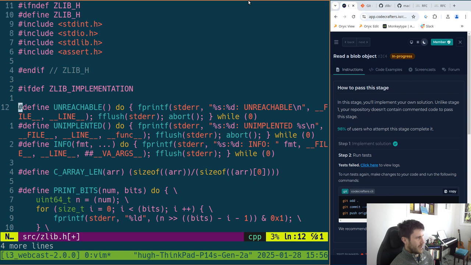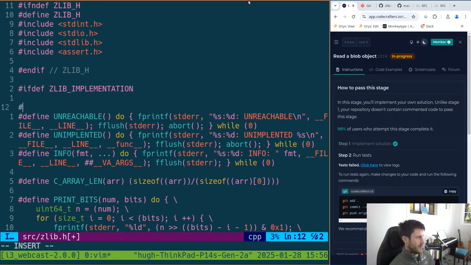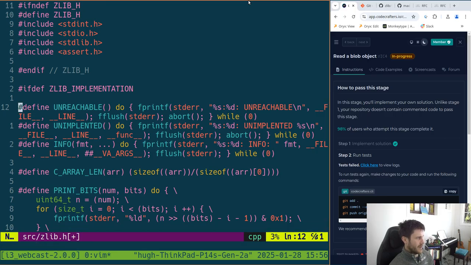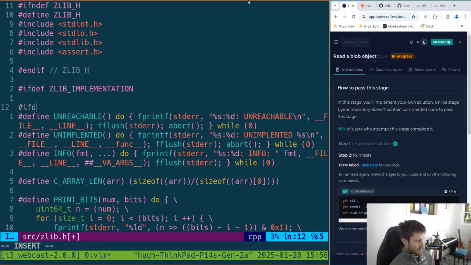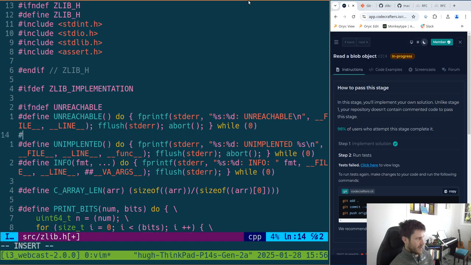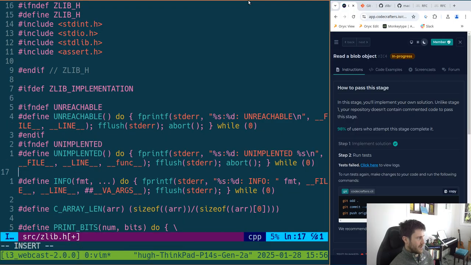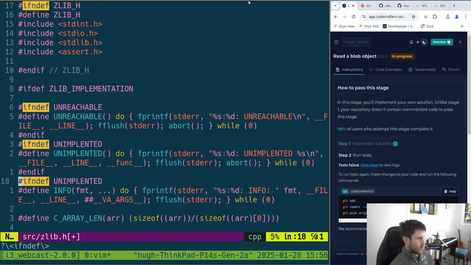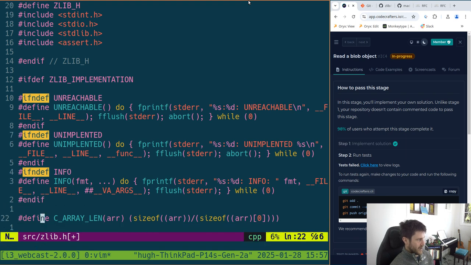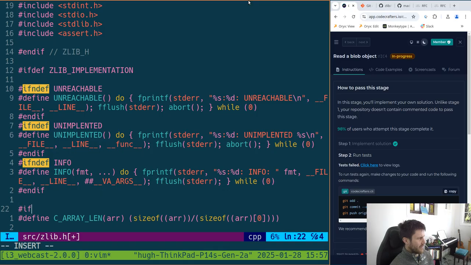Here we can maybe, I don't know, there could be overloading of unreachable, define that, and then endif, and then do the same for unimplemented, and then do the same for info, and then endif, endif, C array len,